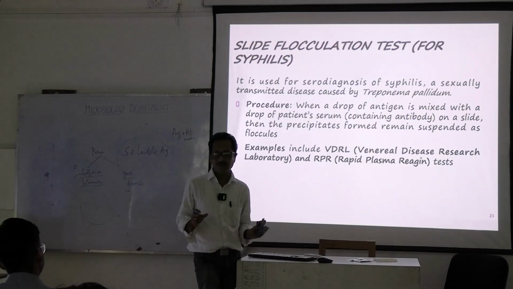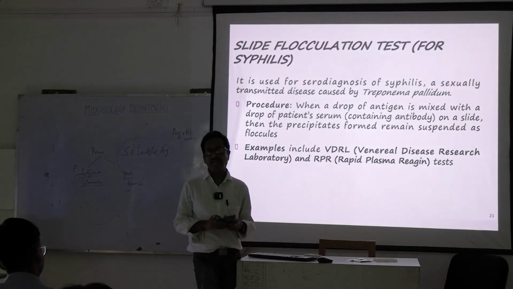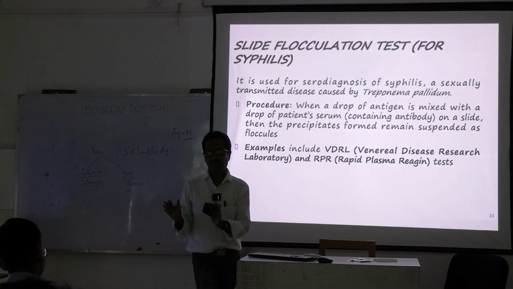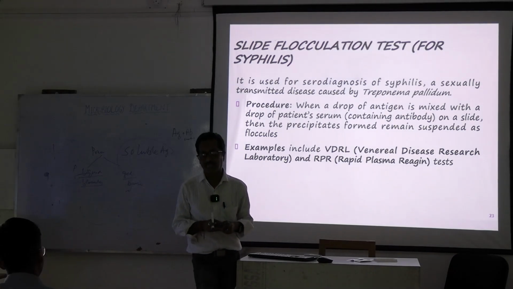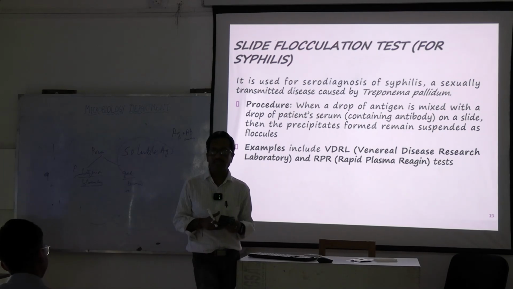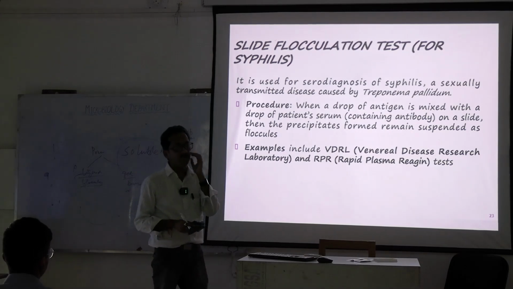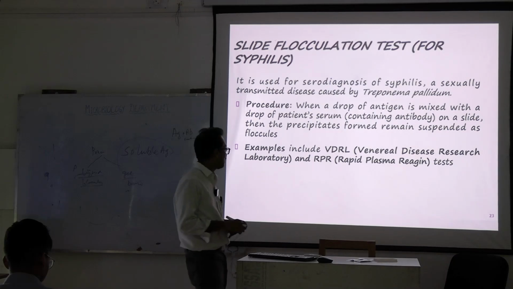Not faster; one point is that it can be stored. For VDRL, you have to prepare the antigen fresh and daily. If you want to do the VDRL test, you have to prepare the antigen daily. But in RPR, we can use the kit test. A kit is available, but in VDRL the kit is not available. We have to prepare the antigen daily. That is a tedious process, not a very easy process.